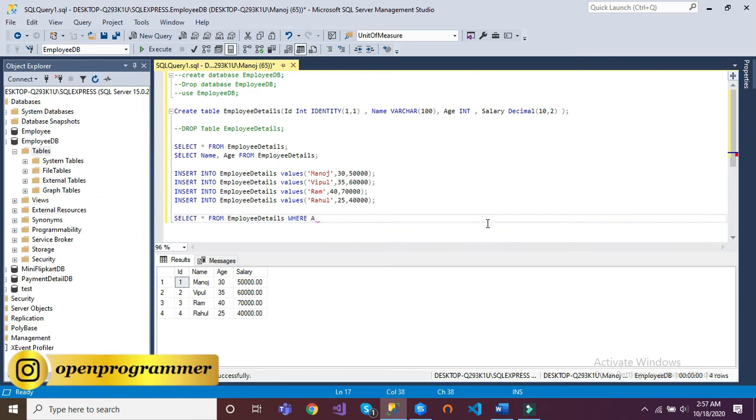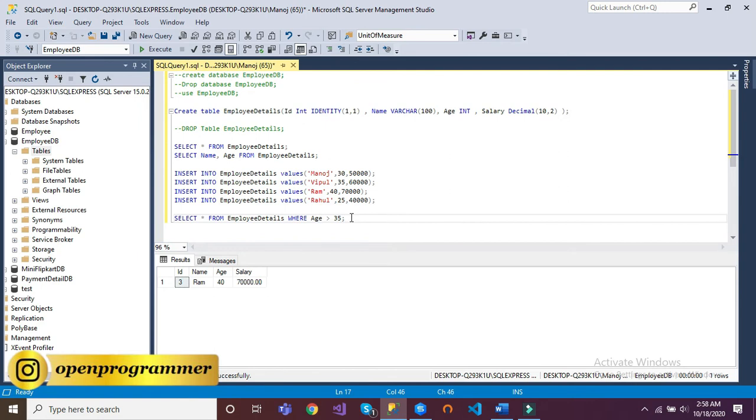So WHERE age greater than 35. It means it will give the records only of the employees who are having age greater than 35. Let me select the command, click on execute. You can see we have only one employee, Ram, whose age is greater than 35.